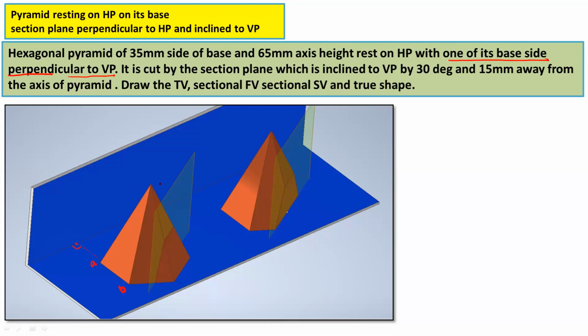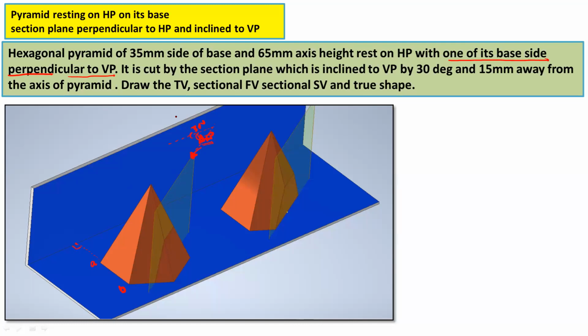Now the position of the section plane. So this is the auxiliary inclined plane or the section plane. This angle of inclination is 30 degrees.